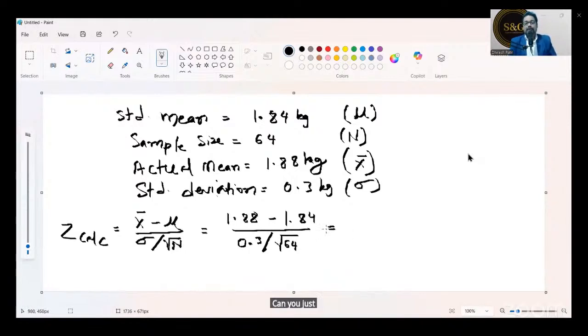Can you just give me the answer here? Type it in the chat box. Just calculate this and give me the answer in the chat.